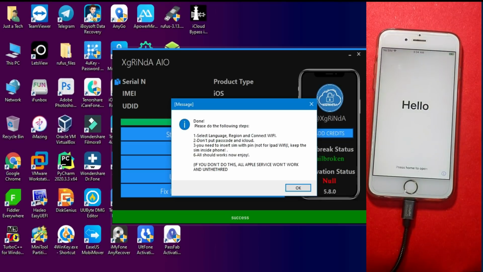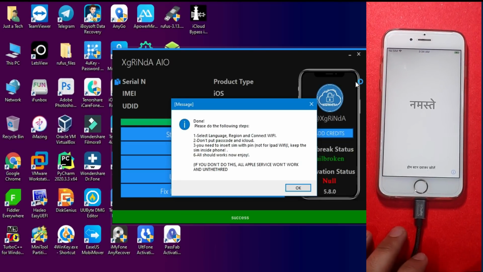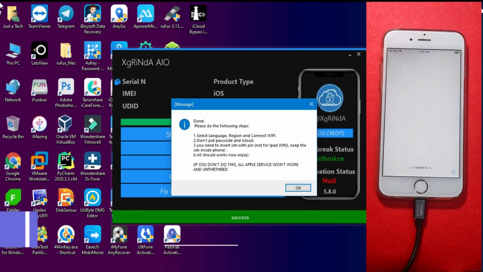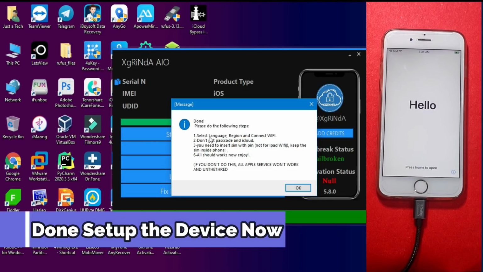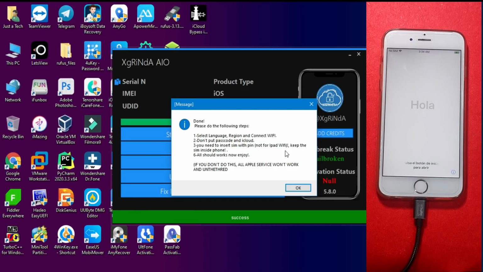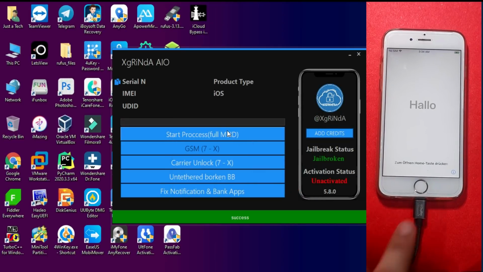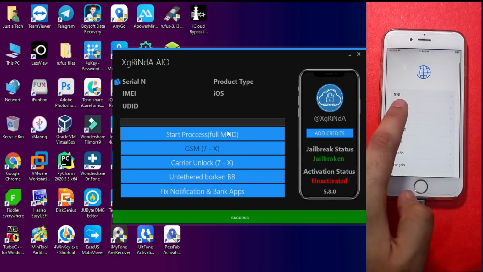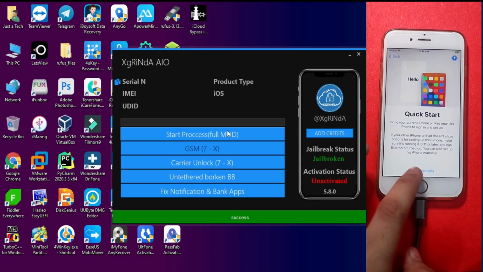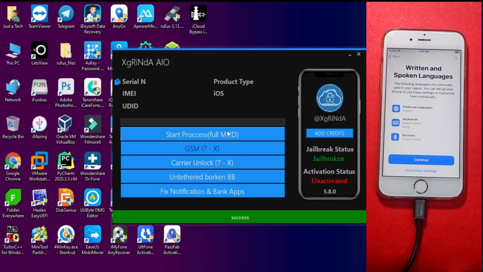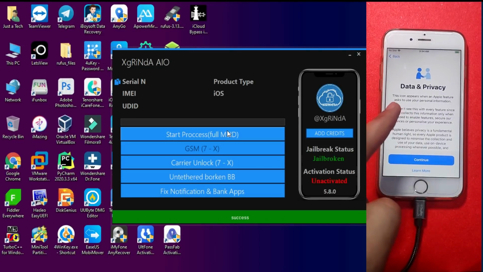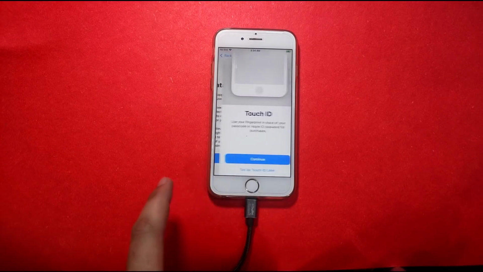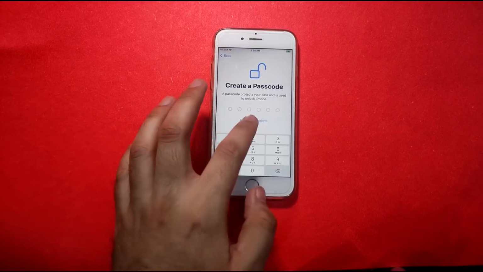Now once you see this message, that the bypass is done, there are some procedures that you have to follow to get a successful untethered bypass. So I will tell you how to get that untethered bypass. First you need to just open the device and try to reactivate again, and just set it up, and you will see this time it won't ask you for the activation lock screen, the Apple ID and the password, and you can see it's already skipped. Now just set up the device.